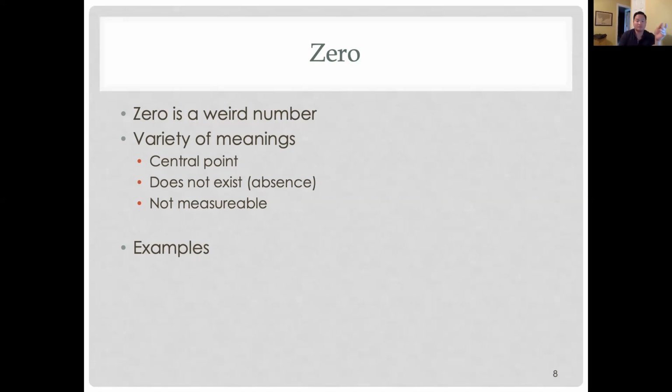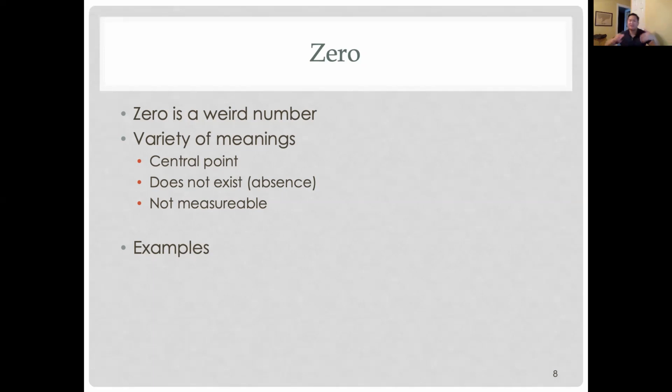0 also in some measurement scales means something doesn't exist. How many times did you throw your water bottle at a cohort mate in the last week? If you tell me 0, that means you didn't do it at all. It didn't happen. And sometimes there are measurement issues with 0. You can't really measure something that doesn't exist. That gets into a metaphysical debate. Can you really measure something that's not there? That we're not doing here.